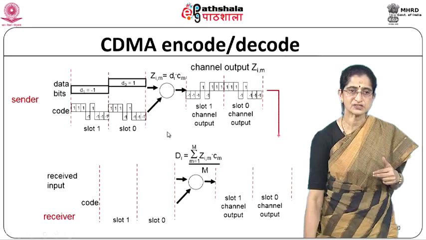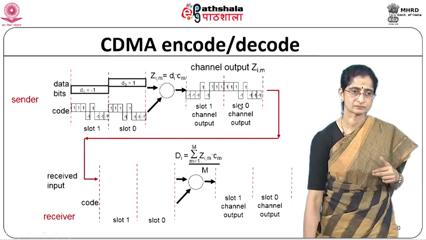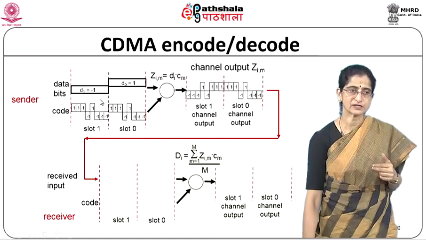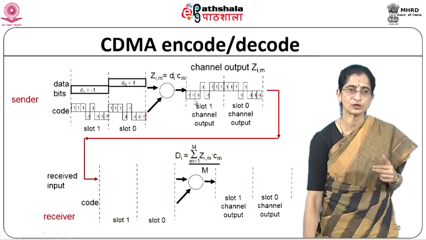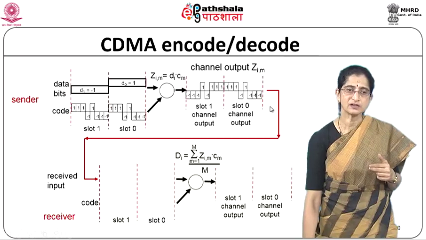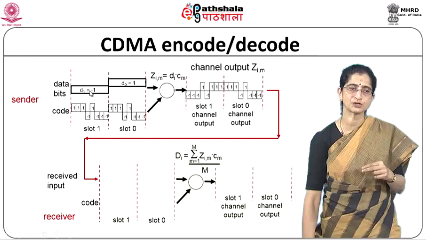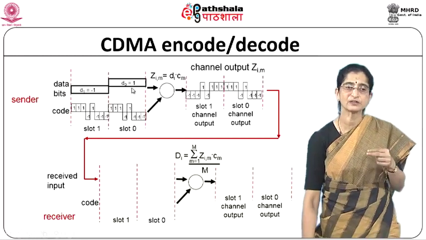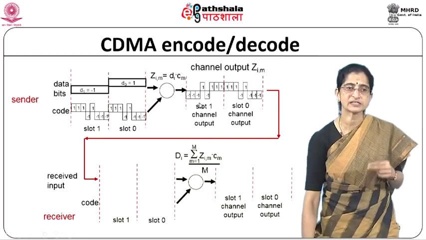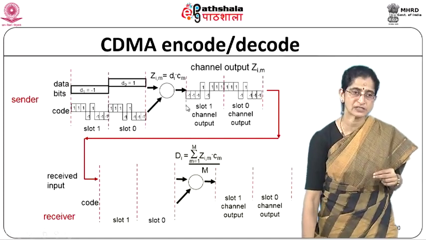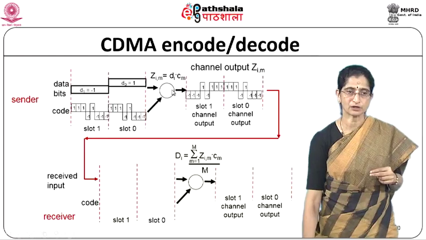And you can see the channel output that we have over here. When this pattern is sent over, and a -1 is multiplied with it, what you get over here is 1, 1, 1, -1, 1, -1, -1. You can see that what you have here is the inverted value of whatever we have here. So the slot 0 channel output has encoded a value of 1, and the slot 1 channel output has encoded a value of -1. So that's the output of the channel, and that's what is happening in this encoding block that we have here.